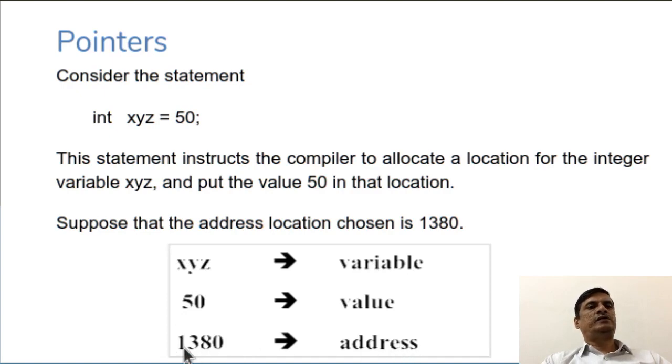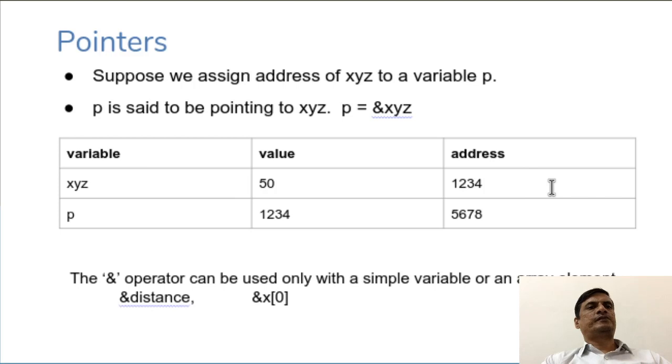For the sake of understanding, we consider it as 1380. So 1380 is the address where this 50 is going to be stored, with a named entity called xyz. So to understand why you need a pointer variable,